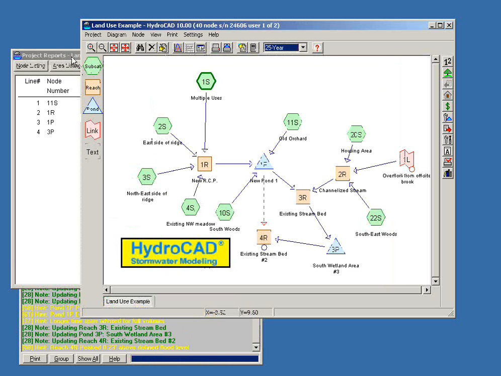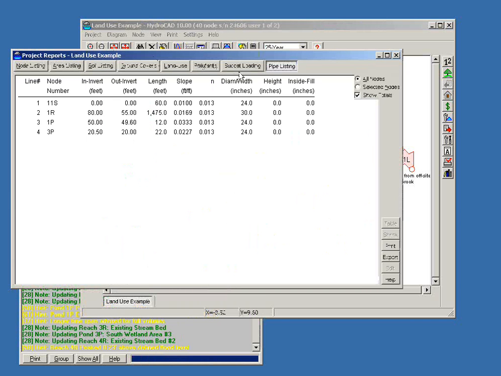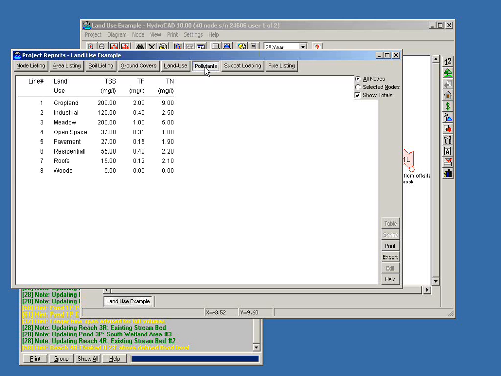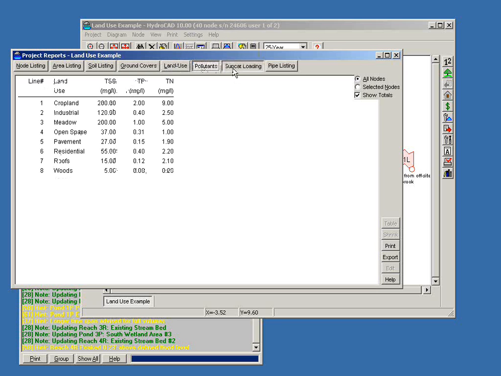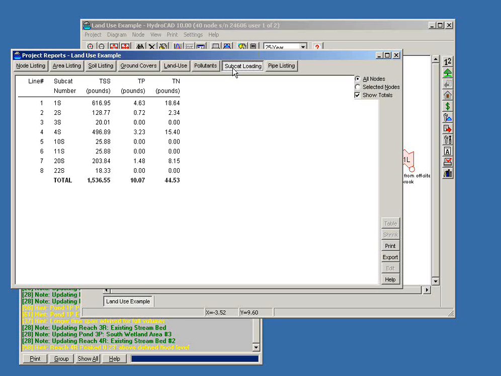We click OK and come back to our project report window, and the available tabs have shifted because of the different nature of the calculation. We still have the land use listing. We still have the pollutants we've defined. But now the subcatchment loading, or the loading, is being calculated on a per subcatchment basis because the runoff is naturally calculated for each subcatchment. So now HydroCAD is using the actual runoff for the subcatchment in order to determine what the loading will be